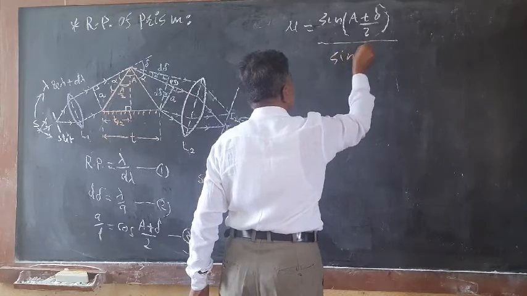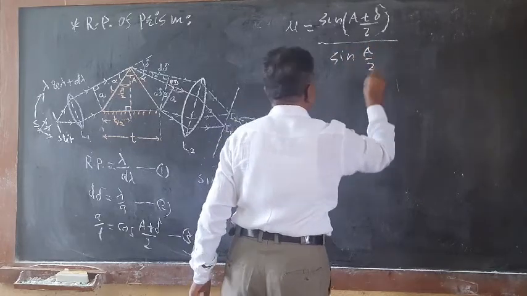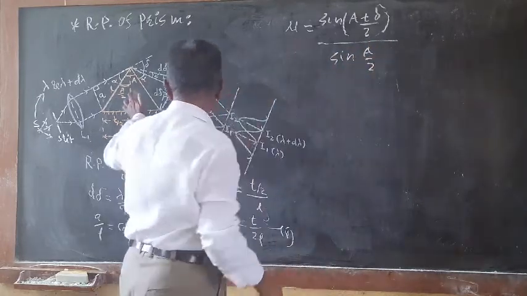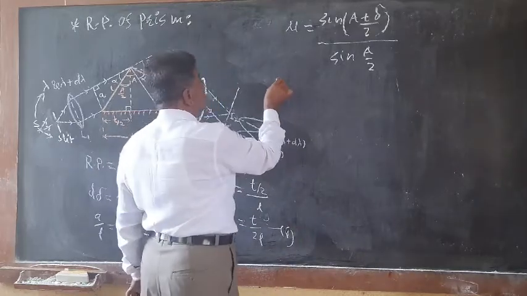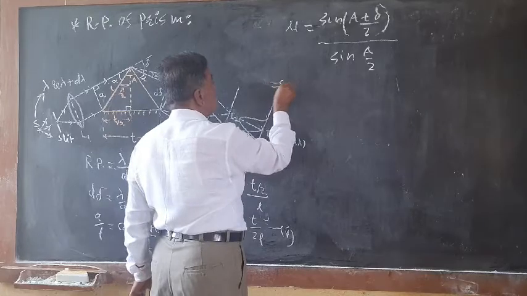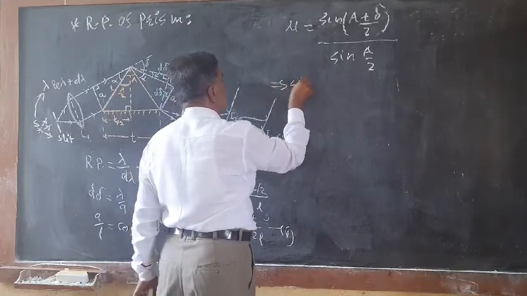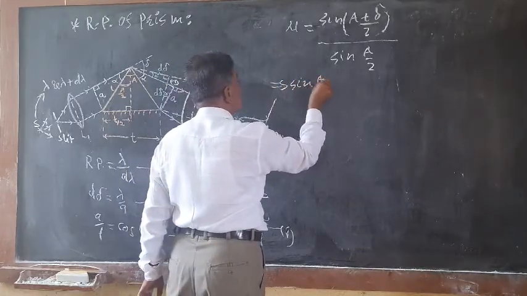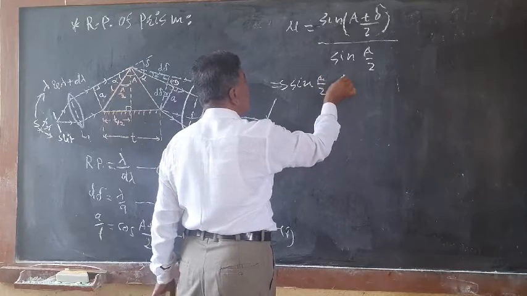Here mu means nothing but the refractive index of the prism, which implies we will take sin A by 2 to this side. So we get sin A by 2 into mu